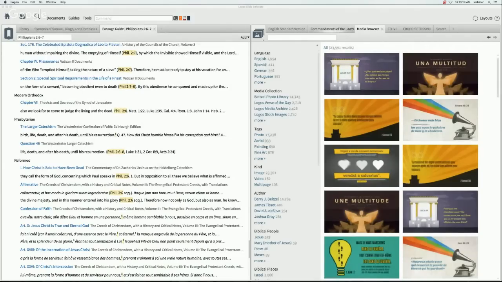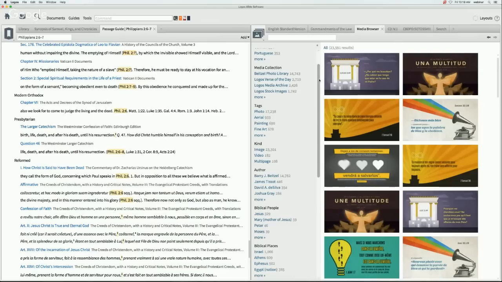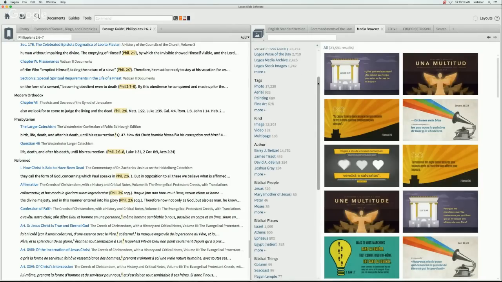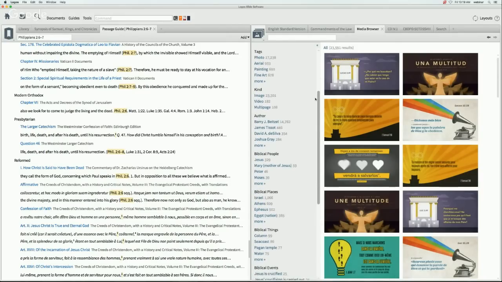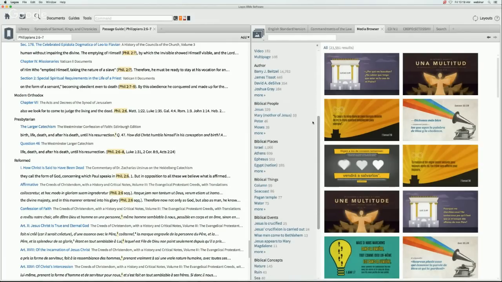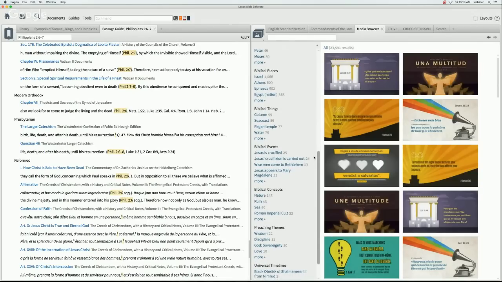And you can see all of the media that generates in the main portion of the screen, but all of the filter options that we now have in the left panel. We can scroll down this panel and see all the different ways that we can browse our media by collection. If you're interested in ancient ruins and photographs of those ancient ruins, I suggest the Beitzel Photo Library is definitely an amazing tool. Lots of great photos there that you can use as illustrations. Tags, the kind of media, whether it's an image, a video, and so forth, different authors, and then biblical entities like people, places, and things that are associated with that media, as well as